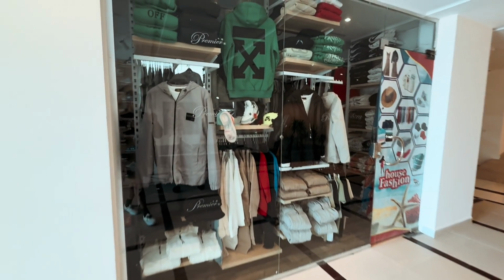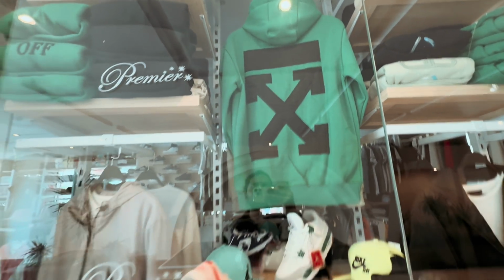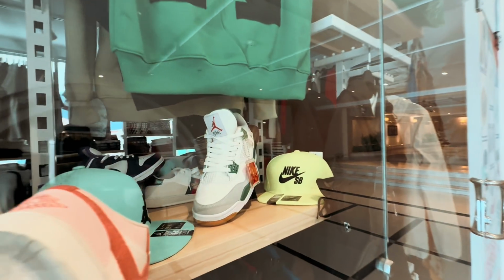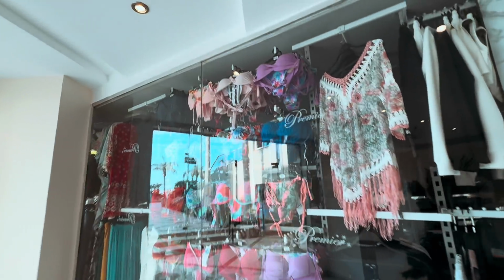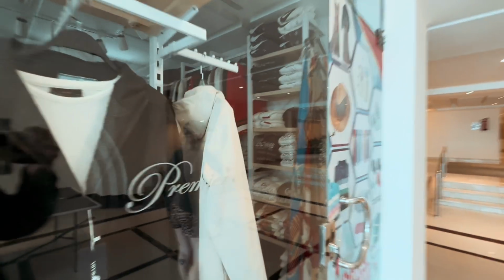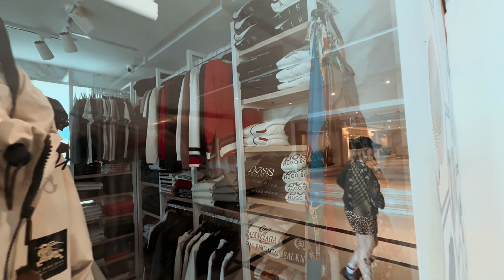There's a drip store inside the hotel. They've got like a bit of fake Off-White, Balenciaga. They've got like Jordans. They've got like Nikes. You know, obviously a bit more casual stuff too. Pretty crazy. As you can see in here, they've got like Boss and Balenciaga as well. Anyway,